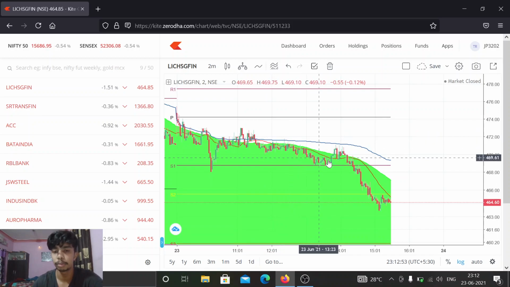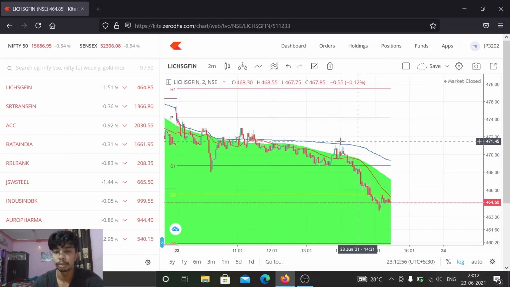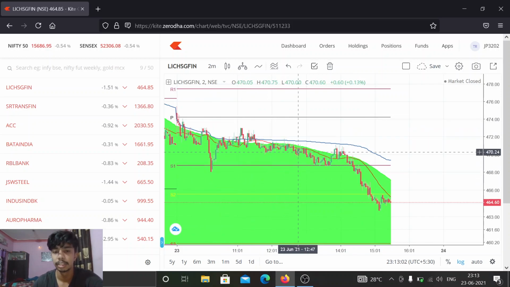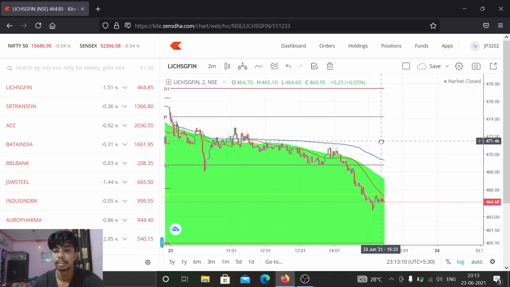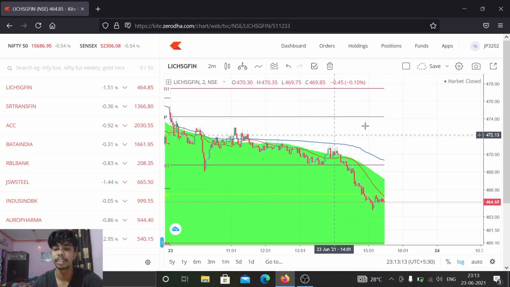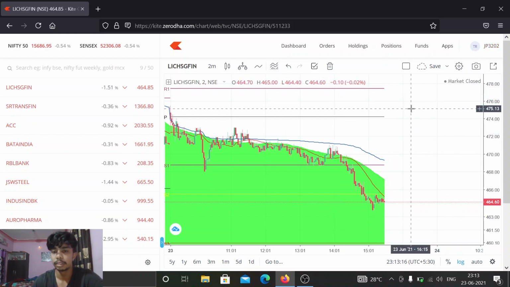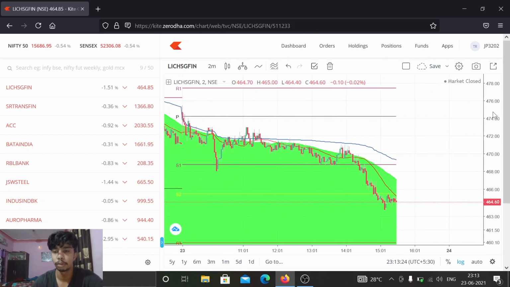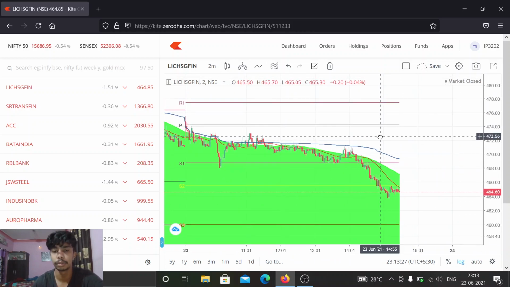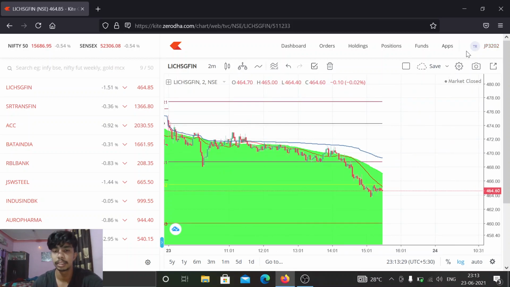So I miss a great opportunity to short sell and make a profit, because if I incurred a loss of 10 to 15,000 at this point, then I can also recover more than 10 to 15,000 here. But I can't trade because I have already disabled my trading segment through the kill switch feature at Zerodha. So every feature has its cons and pros, but you have to decide whether the cons are more powerful or the pros are more powerful. So this is it, the kill switch feature of Zerodha. So thank you.